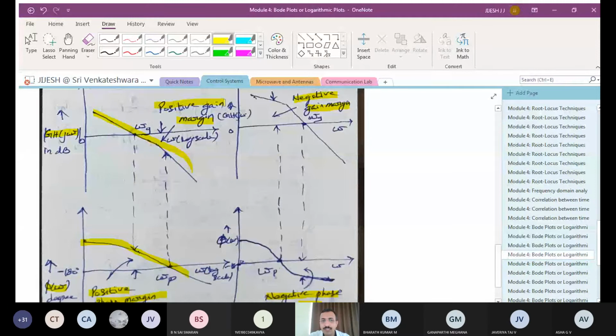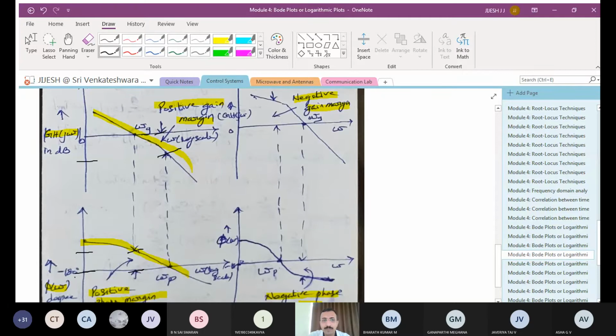That is a positive gain margin, meaning here this point, and the positive phase margin is this point. This difference, this portion from here to here, is the positive phase margin. The angle you obtain here, the corresponding angle, this much angle will be the phase margin. And if you are getting the positive gain margin, you can see the difference from here to here. What is the value obtained here? This difference is called a positive gain margin.